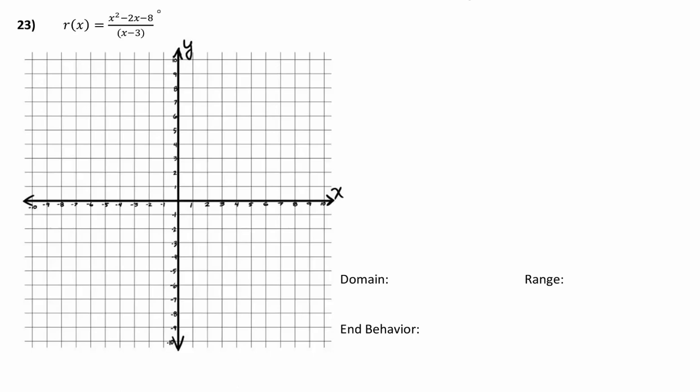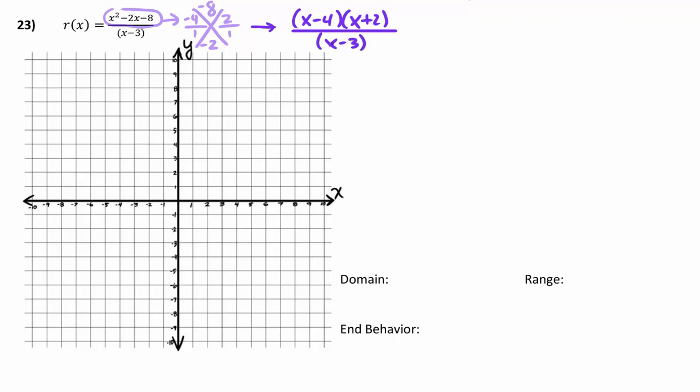And I think it's easy to maybe start by taking things apart, seeing if we have pieces that potentially cancel, and so that would mean we need to factor the top. Factoring it out puts negative 8 in the top of the x factor and negative 2 down below, and negative 4, positive 2 are the two numbers that multiply correctly and then add correctly. So I can take that information and put it right back together here. So in my fraction I have the groups x minus 4 and x plus 2,